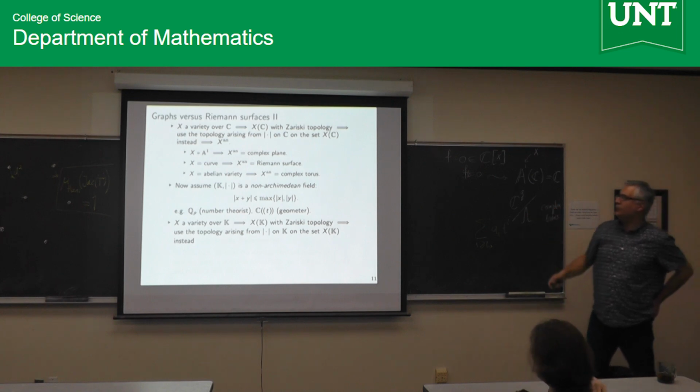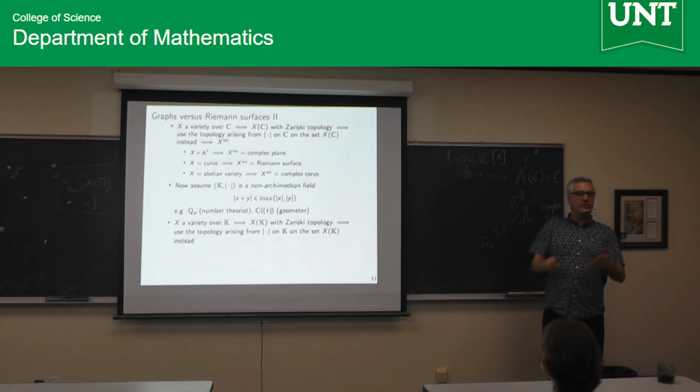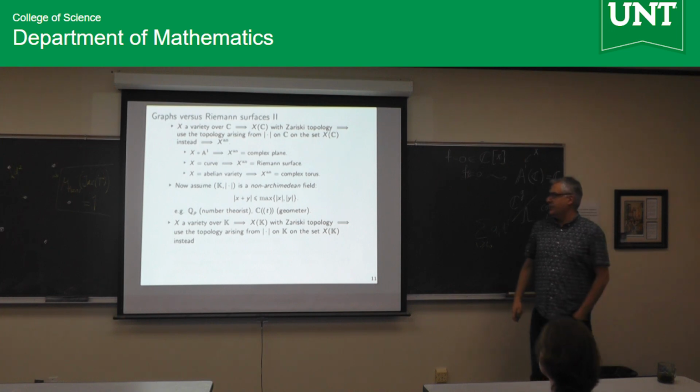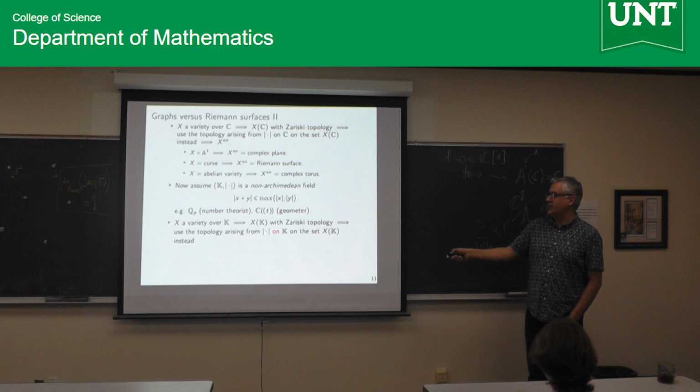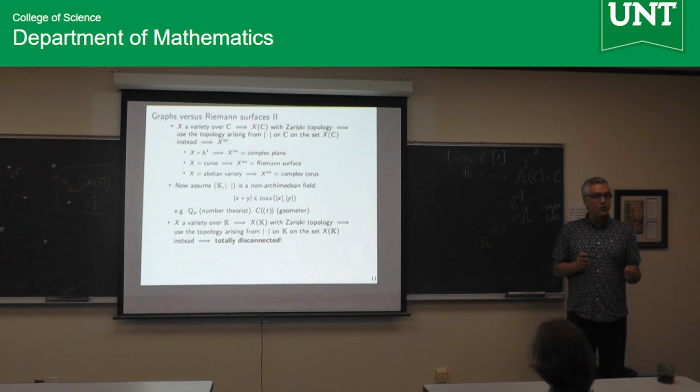And you might be tempted to do exactly the same thing that I did. You start with your variety, you look at your k-points, you use not the Zariski topology, but the topology that you can define disks using this absolute value that you have. And then here's the problem. No matter what field and what example you're working with, you always end up with a totally disconnected space. You have been very lucky that for real numbers, the moment you complete Q with the usual absolute value, you get a space which is not totally disconnected.